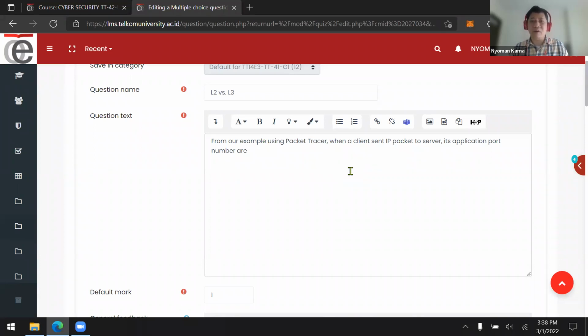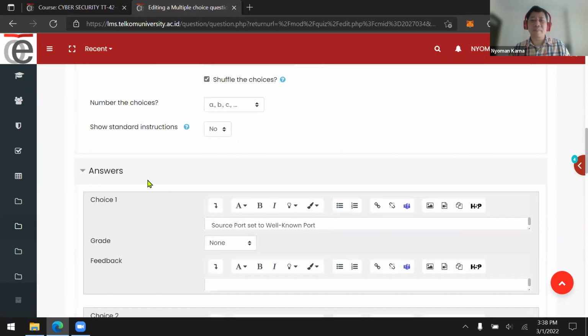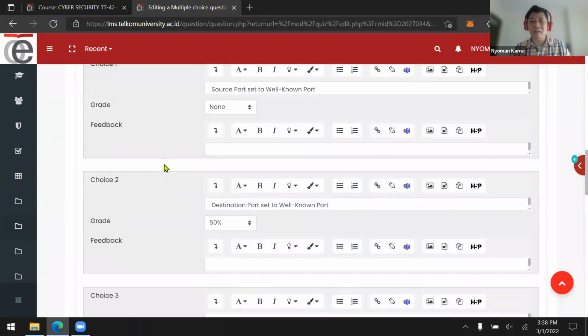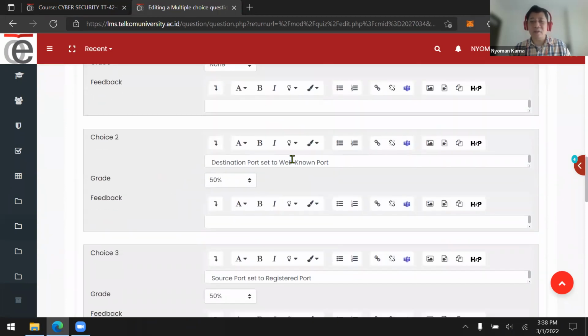In the HTTP protocol, the application port is 80. That number is classified as a well-known port. So we have the destination port set to a well-known port. The destination port is port number 80, and the destination is the server.